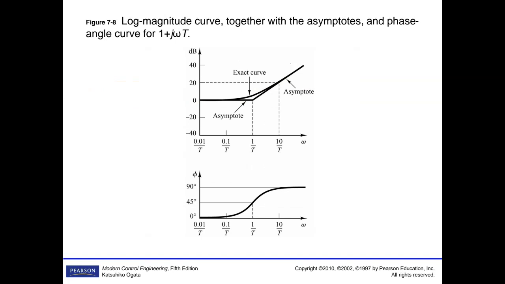But then this is the 1 over t corner point, and then amplitude goes up. And also this one is the angle. Angle becomes positive 90 then. It was negative 90 for the